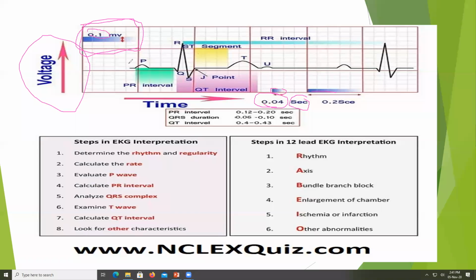So proceed na. Paano ba to? Ayaw niya mag-next. Okay, wait, there's...